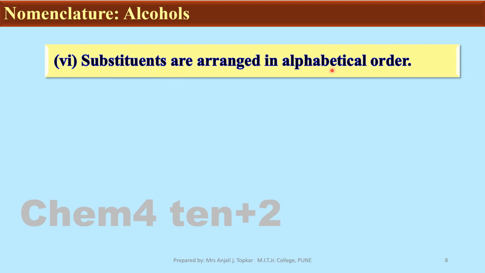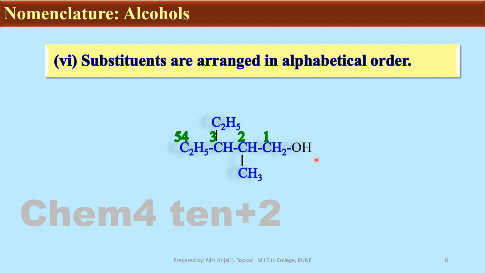Substituents are arranged in alphabetical order. Let's understand it with an example. As we know, first we have to select the longest chain and number it. So here 1, 2, 3, 4 and 5, because this contains